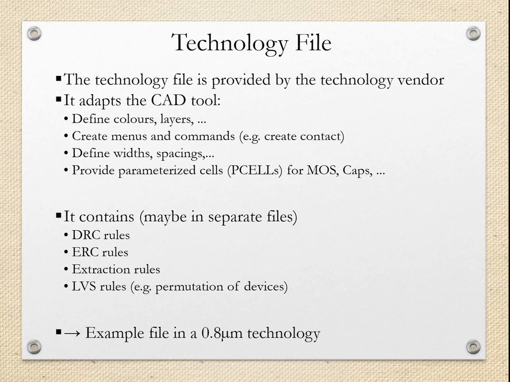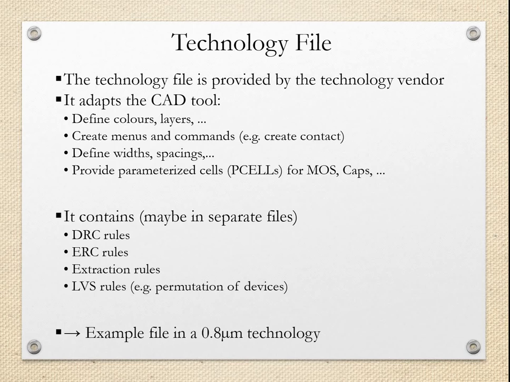So generally when we use layout tools like Microwind or some other backend tools, we have to choose the technology file first for creating the project, and then we can start preparing our layouts. So the point-at micrometer is the technology, suppose. In that technology, which different rules are to be checked or followed while preparing the layouts, that information is available in this technology file, which contains the design rule check, electrical rule check, extraction rules, and the LVS,